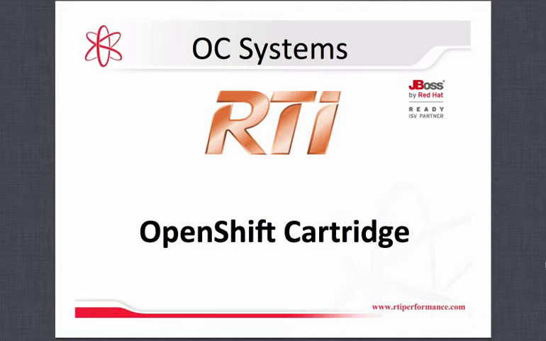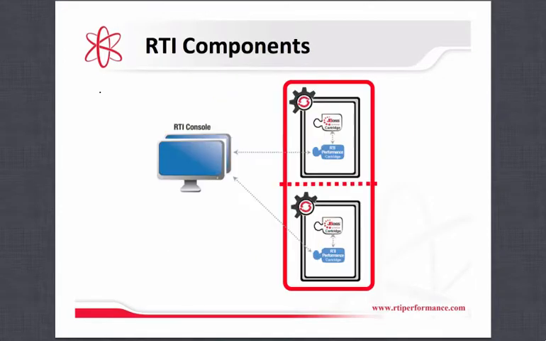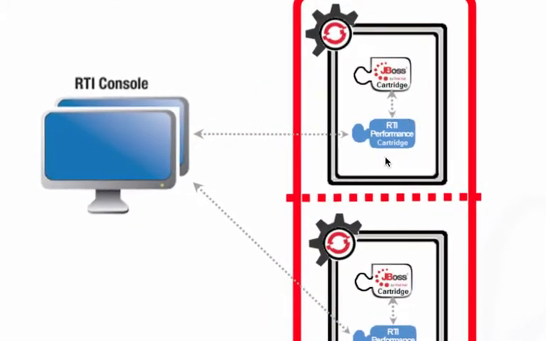This video is a quick introduction to the RTI OpenShift cartridge. When you use RTI in an OpenShift environment, there are two components. There's the RTI cartridge, which you install in an OpenShift gear to monitor the performance of your JBoss or Tomcat application. And then there's the RTI console, which you connect to the RTI cartridge in your gear to download performance